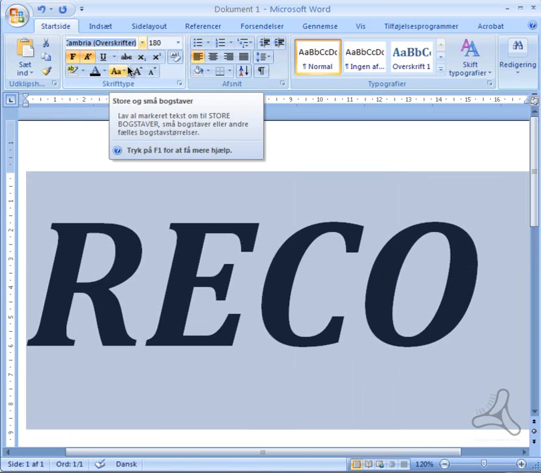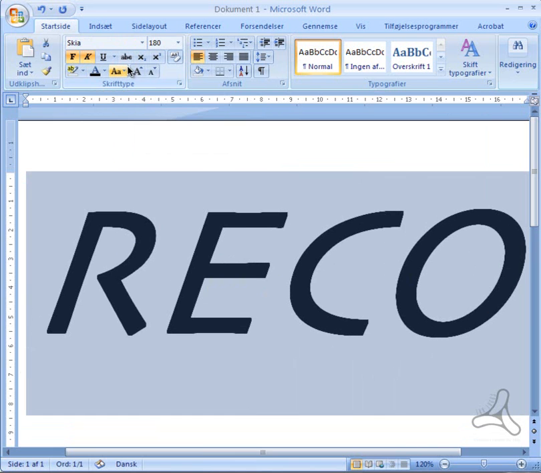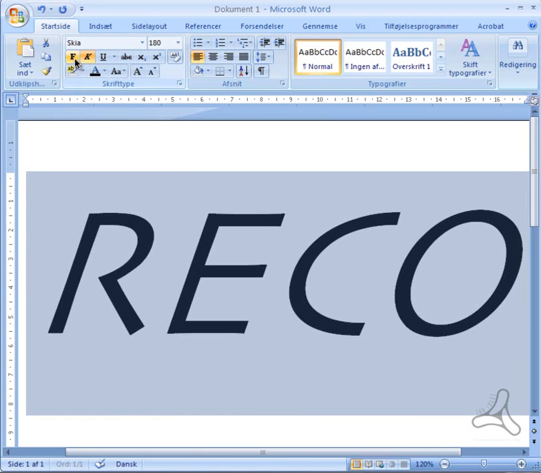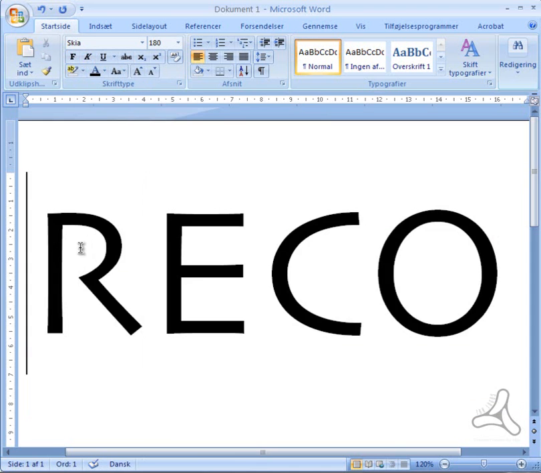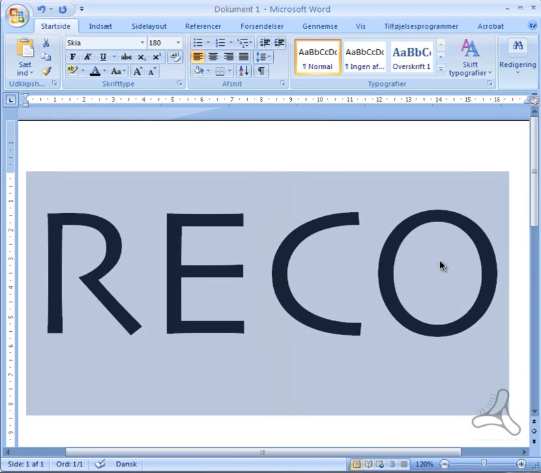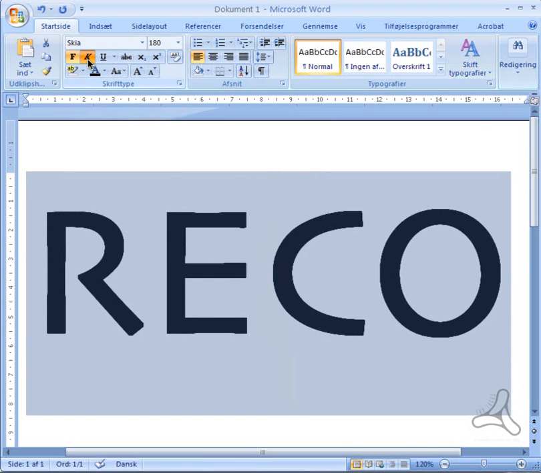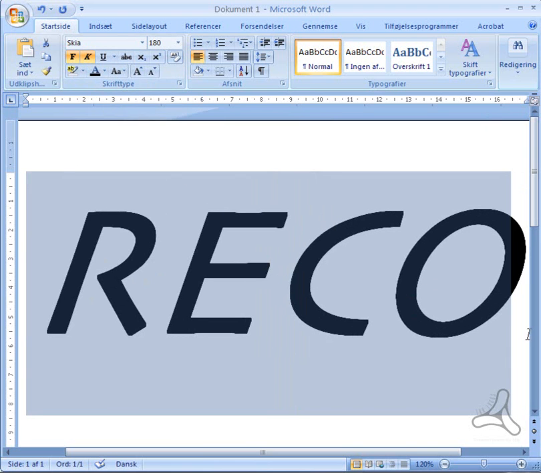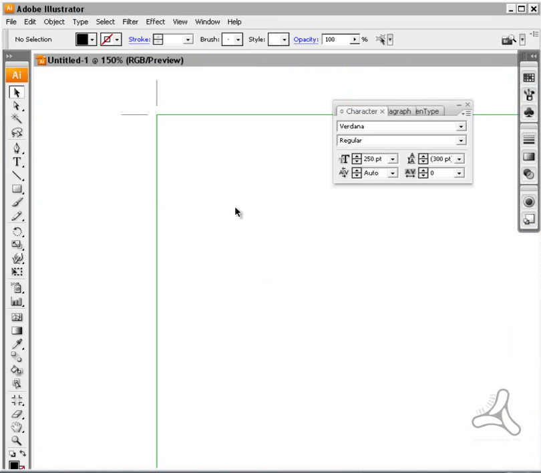Say I change this to the Skia font here. I can then click here. I have the normal text. This is regular, as you know it. I can say bold, I can say italic. Still, it's working fine. Now, if I go to say Illustrator here, to say I then want to fix the